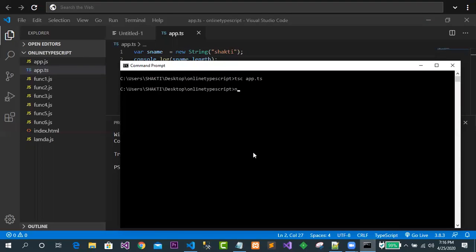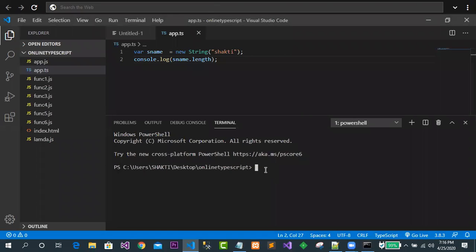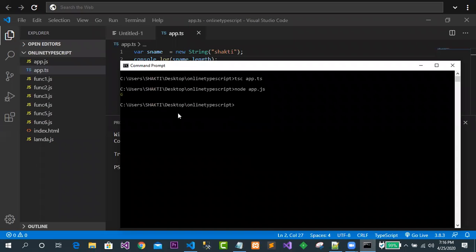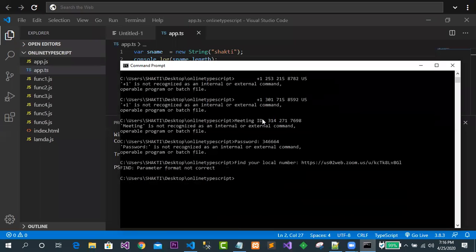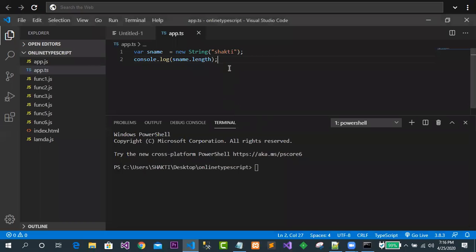it's fine. If I go for running this, I will go for node app.js. Okay, so this is the way I can compile and run the program. If you find some problem in the terminal, you can go for command prompt and do something like this. Okay, no issues. You can easily understand how exactly things are going on. Okay, now just see, we got the idea of the length property, how we are using the length property.